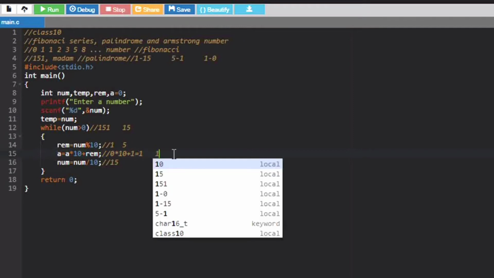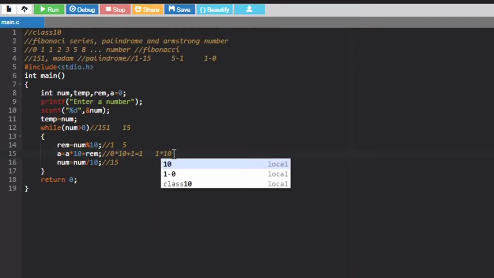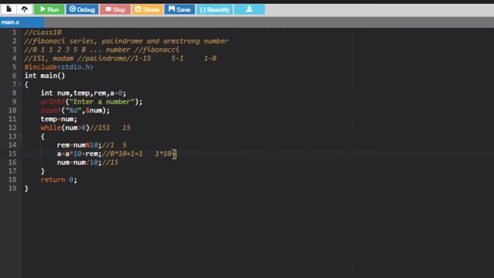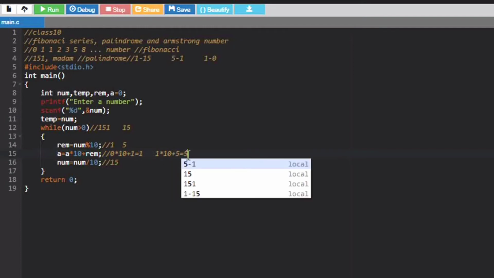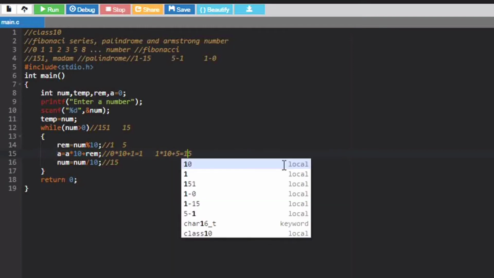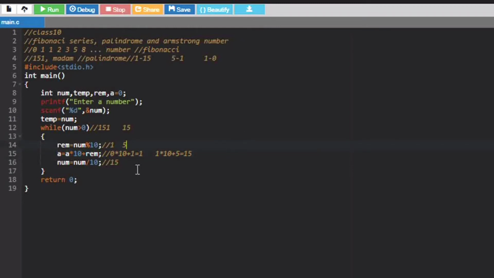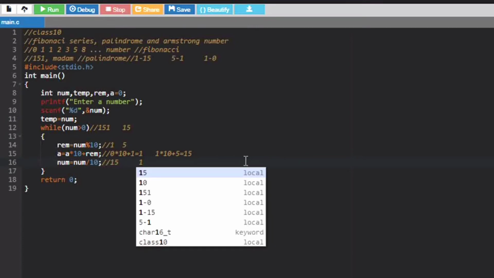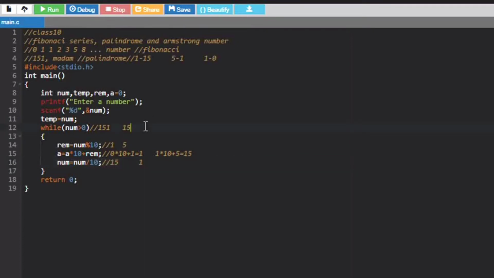So now 1 into 10 would be 10, plus our remainder, that is 10 plus 5, that is 15. And now we get num divided by 10. So 15 divided by 10 gives the remainder as 5 and the quotient as 1. So our new num variable has now become 1.